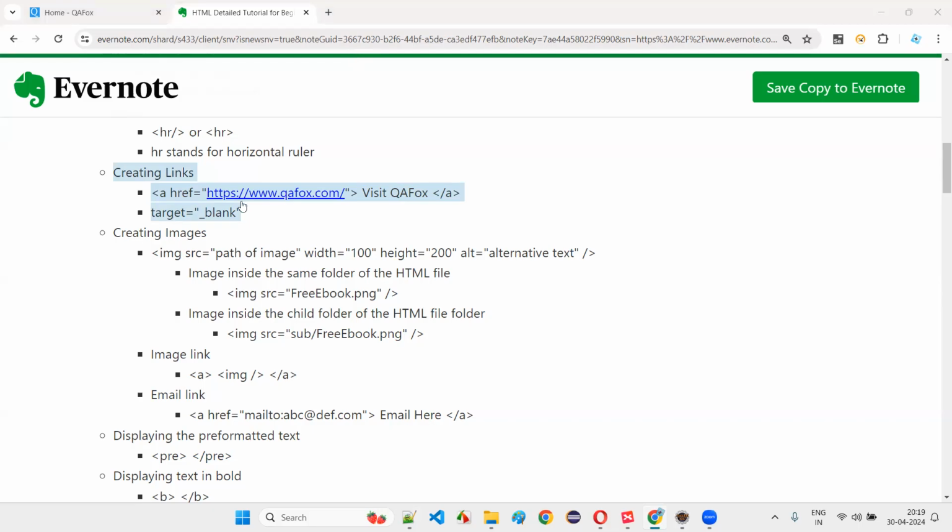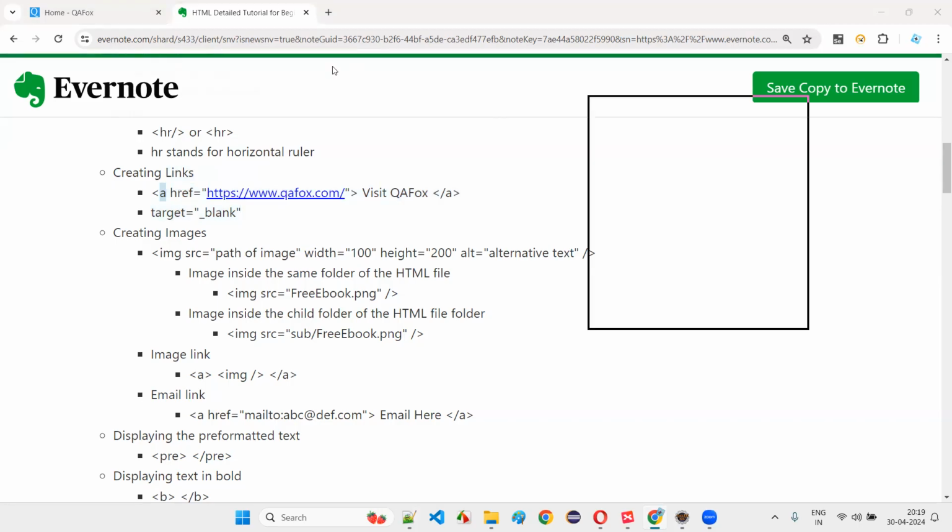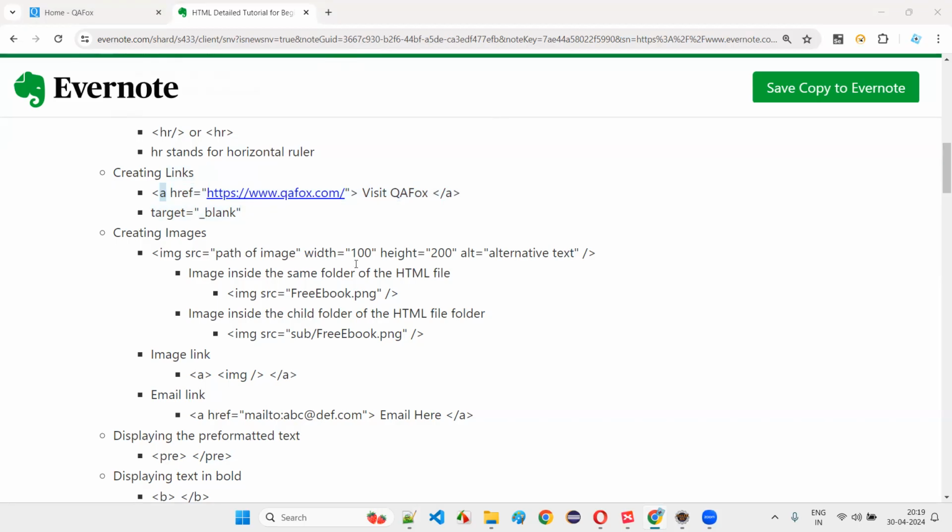A stands for anchor here. Yes, correct, guys. So using the anchor tag, we are going to create the hyperlink on the web pages.